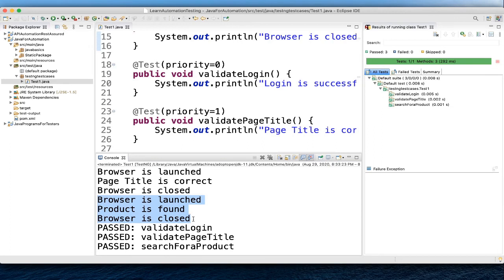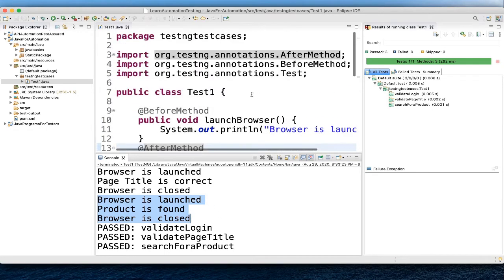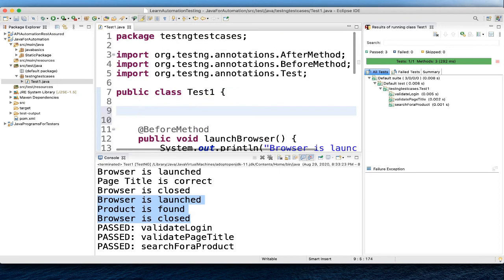Now let's see one more thing. For example, while validating all these test cases, you need to verify a few more things from the database. So you should have a DB connection before starting the test cases, and finally you need to close the DB connection. How will you do that? So let's write some code for that. We'll write two more methods. One is public void and the method name we'll give, for example, create DB connection.